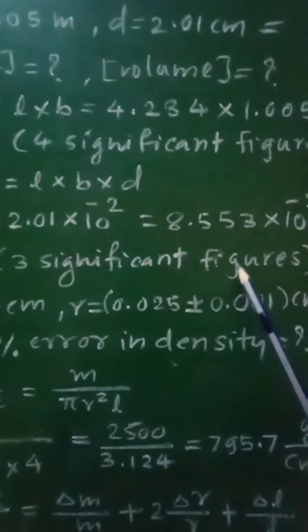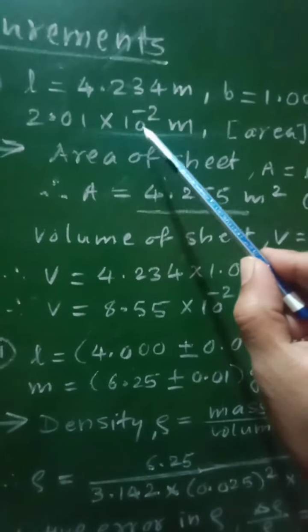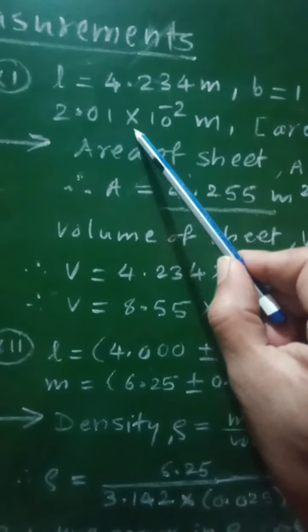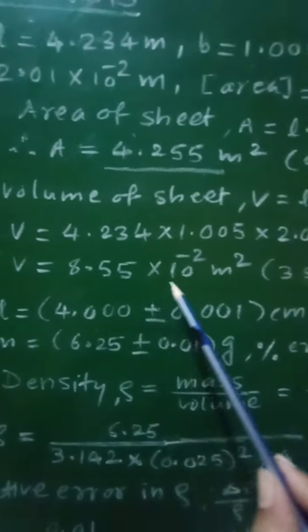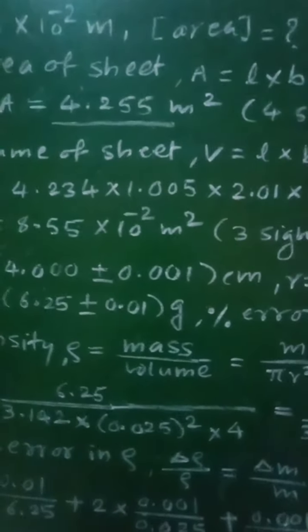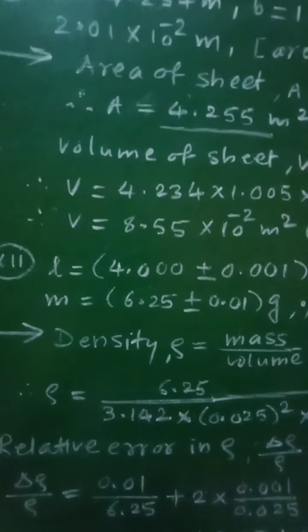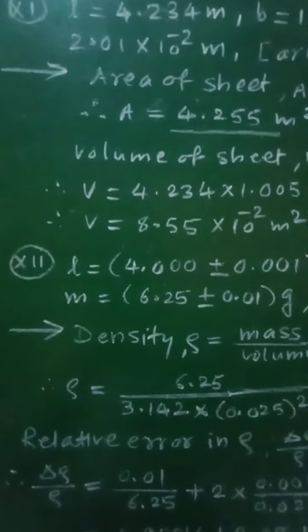Up to 3 significant figures, because for this H or depth D, the significant figures equal 3, and therefore volume will be expressed in terms of 3 significant figures. Then let us see the next numerical, that is numerical number 12, which is stated as: